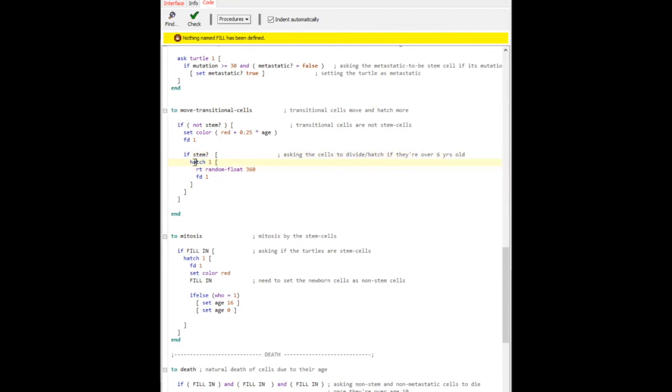So hatch is when a turtle makes one more of itself. So hatch 1 means the turtle makes one more of itself. And since the go procedure will keep going simultaneously forever until I stop it, it'll keep hatching. So this is not just saying it to make one baby. It'll continuously make babies until they get old and die. And then rotate